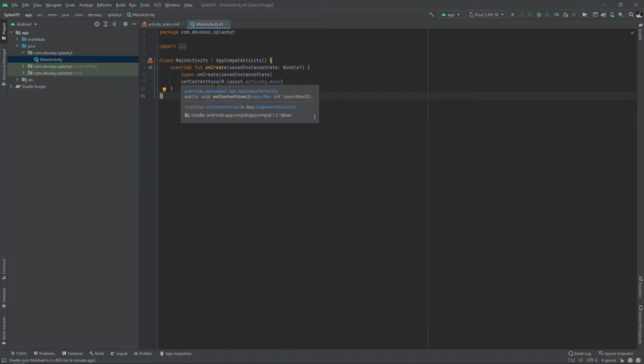Basically we can do it two ways. One is we can add an activity, call that activity on load, and after some amount of time redirect to our main activity. Or you can add a theme and show the theme until our main activity is loading, and when the main activity is loaded we change from our custom theme to our normal theme.